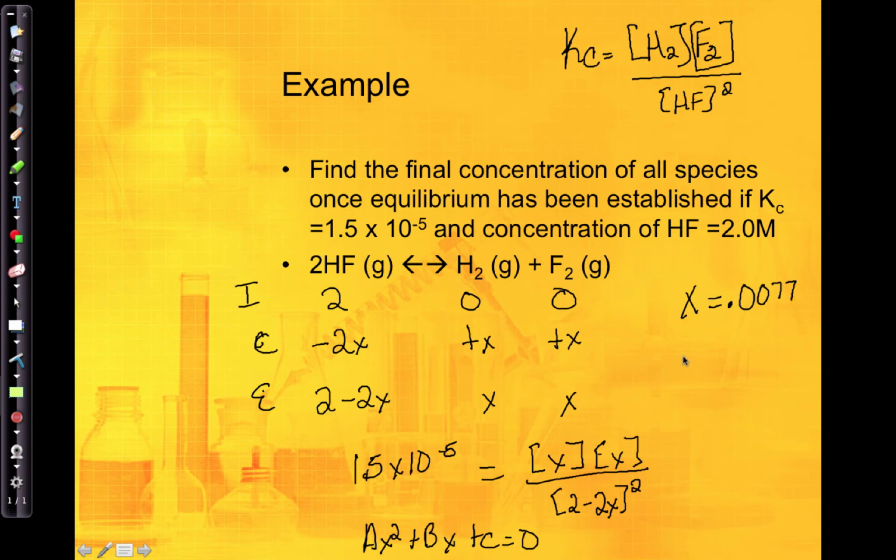So for HF, 2 minus 2x, so 2 minus 2 times 0.0077. Let's go ahead and put that in the calculator really quick. Okay, so 2 times 0.0077 gives me